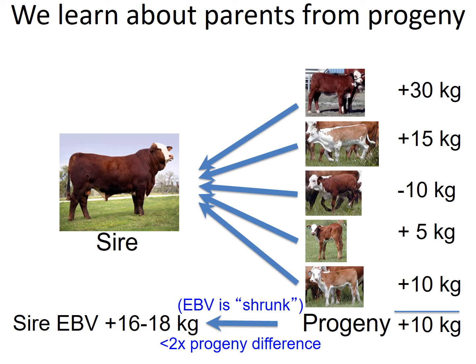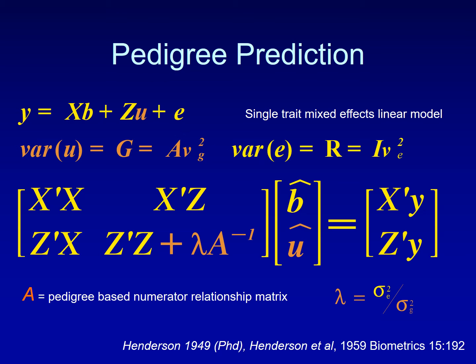So there is a lot of very sophisticated statistics and computing that go behind the scenes of these evaluations, and the methodology that is used throughout the world was methodology that was invented by Dr. Charles Henderson while he was doing his PhD in Iowa, and was subsequently published in the 1950s, and successively there have been many advances to it. It's an approach known as best linear unbiased prediction,